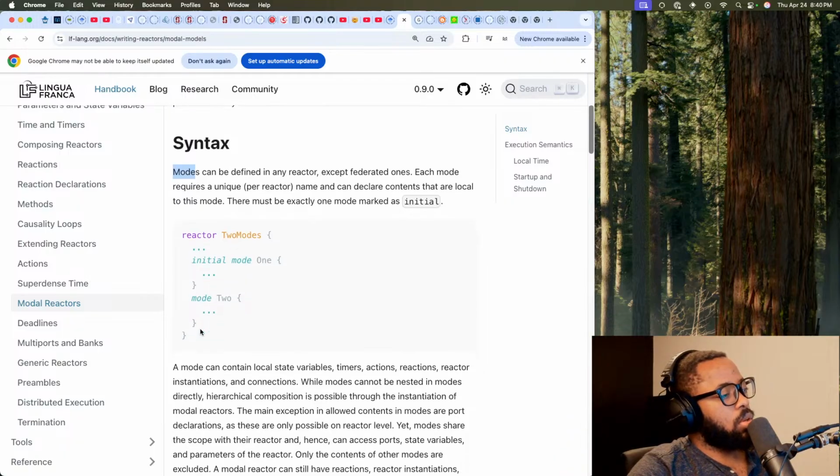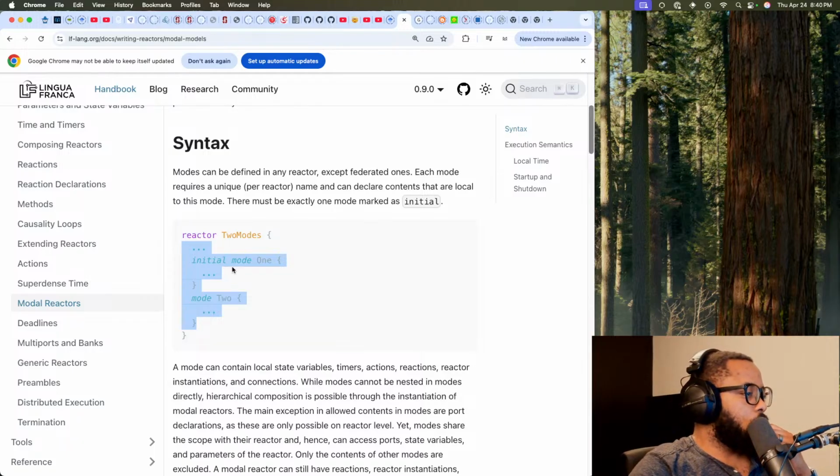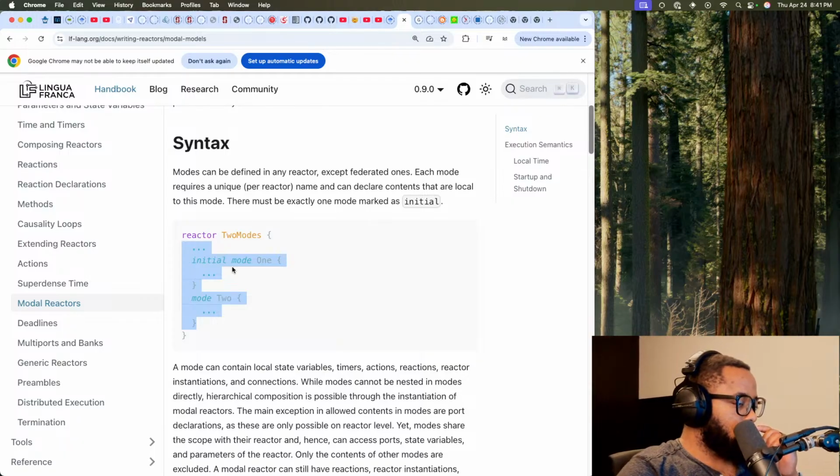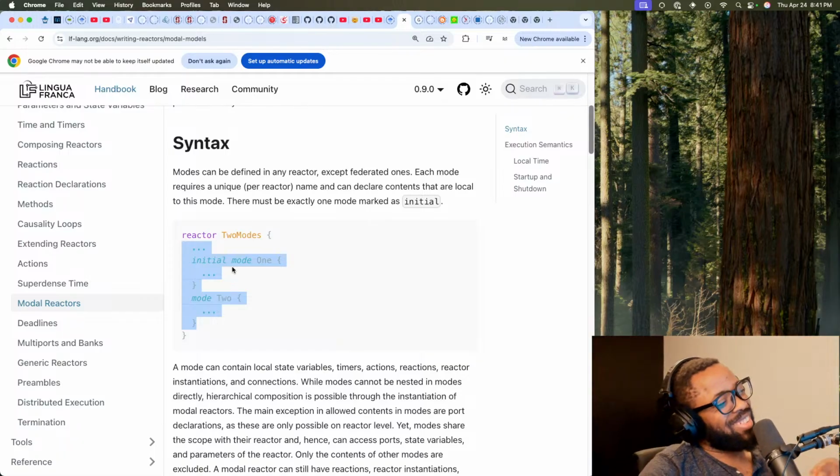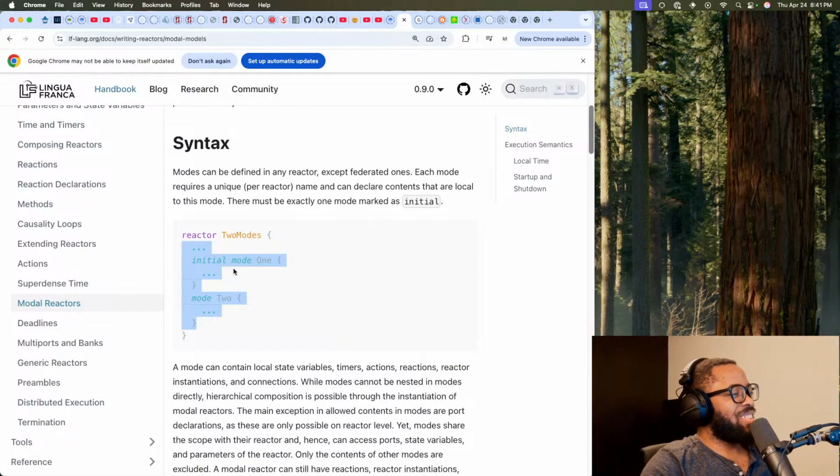Okay, so if you're gonna opt into the mode model, if you're gonna switch it to the mode model, then there must be at least one.